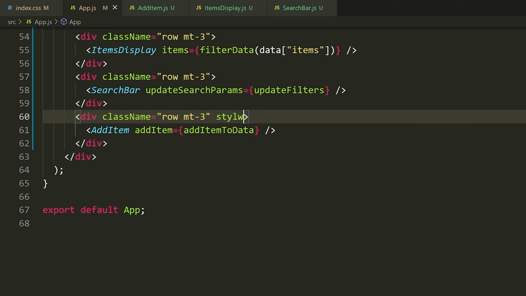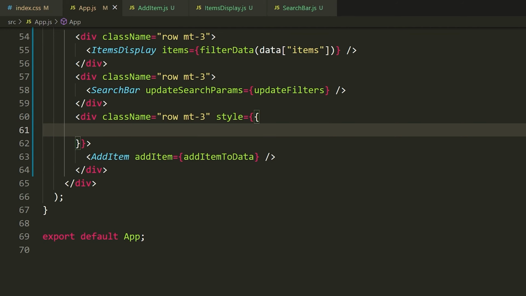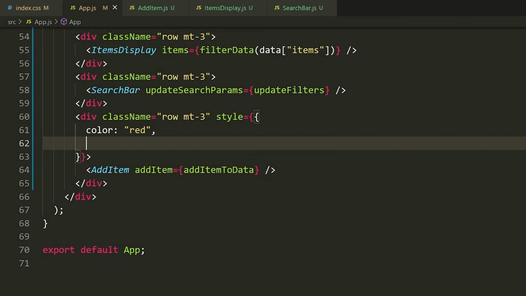In this case, in React, all you do is say style is equal to, you do two sets of opening and closing brackets. The reason for this is you need to define that you actually have an object here for the style prop. So this is, of course, a prop, right? As we talked about before, it's going to be equal to an object. And inside of this object, you define all your styles just like you would in CSS. So you say something like color, colon, and then you could do like red. Then you would do a comma, not a semicolon, because it's an object and you're going to have multiple.